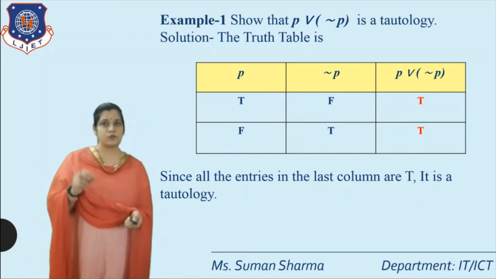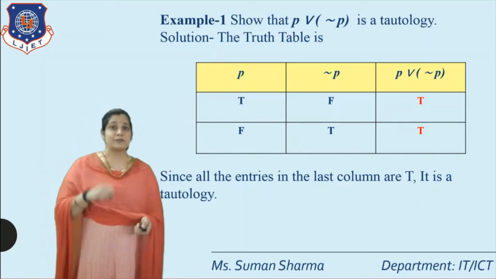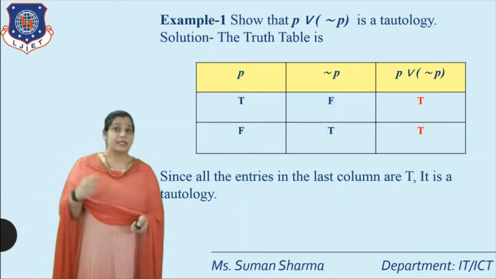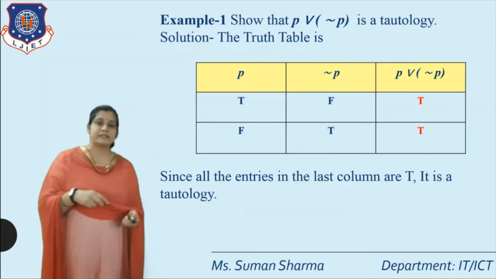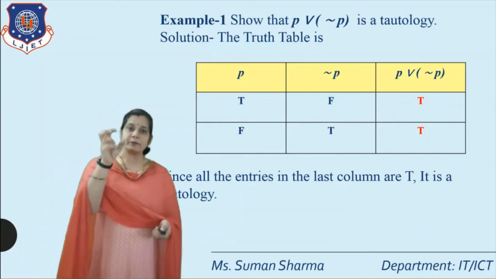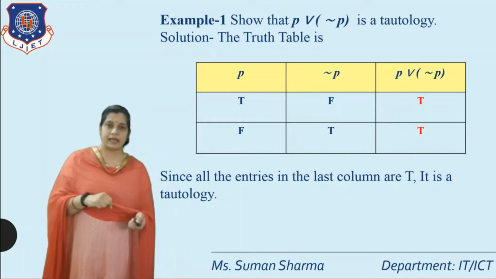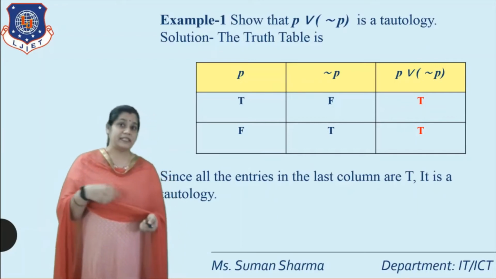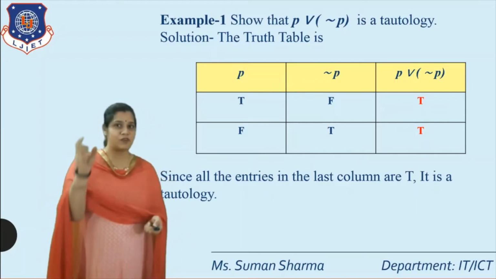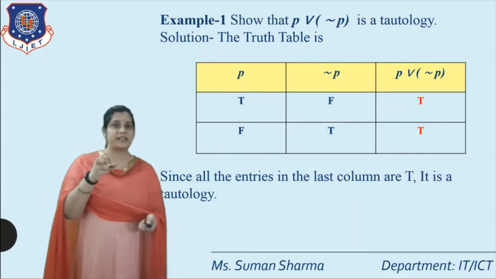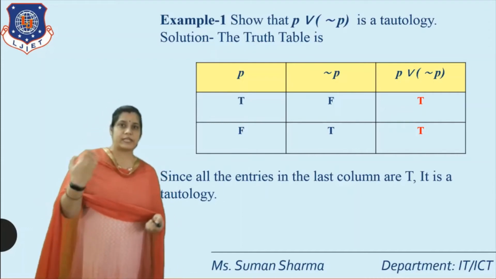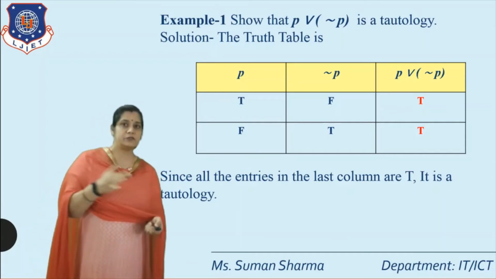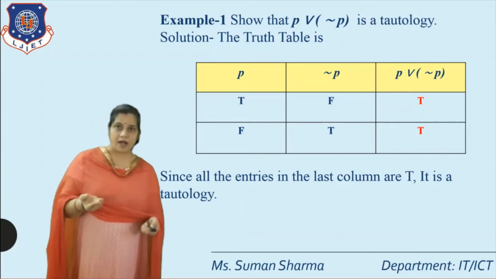First we write P. P is only one statement, so we consider T and F. If we have two statements P and Q, we write P as T, T, F, F and Q as T, F, T, F. In case we have three statements, for P you write 4 times T and 4 times F, for Q 2 times T and 2 times F, continuing this process, and for R you write